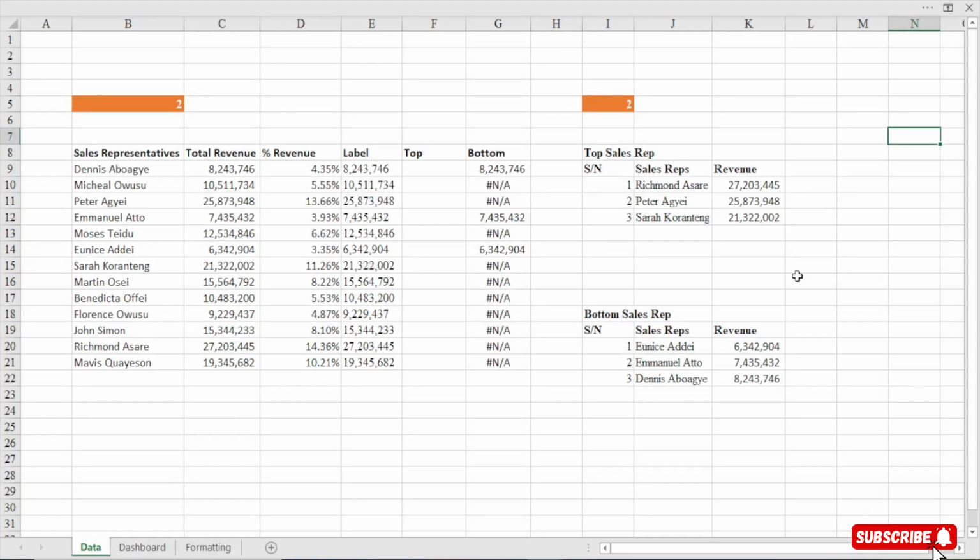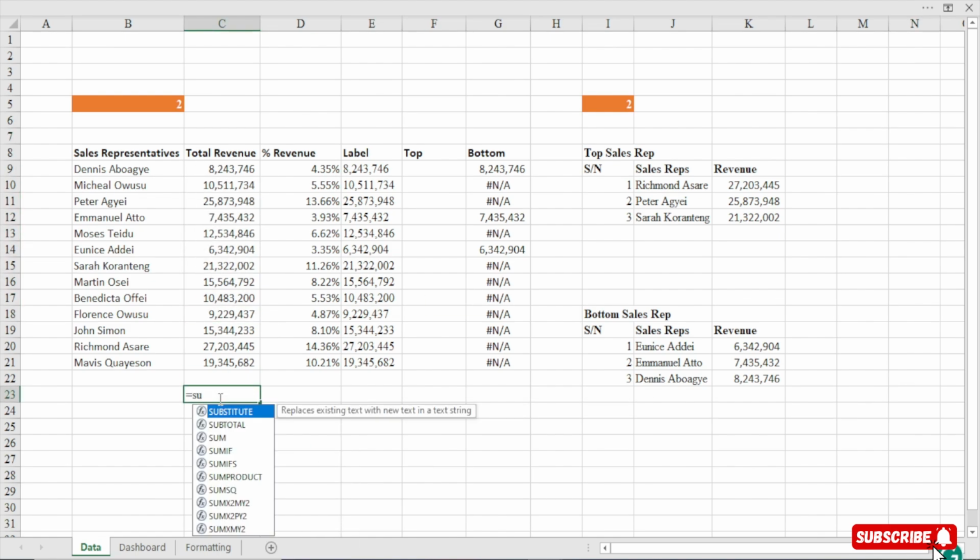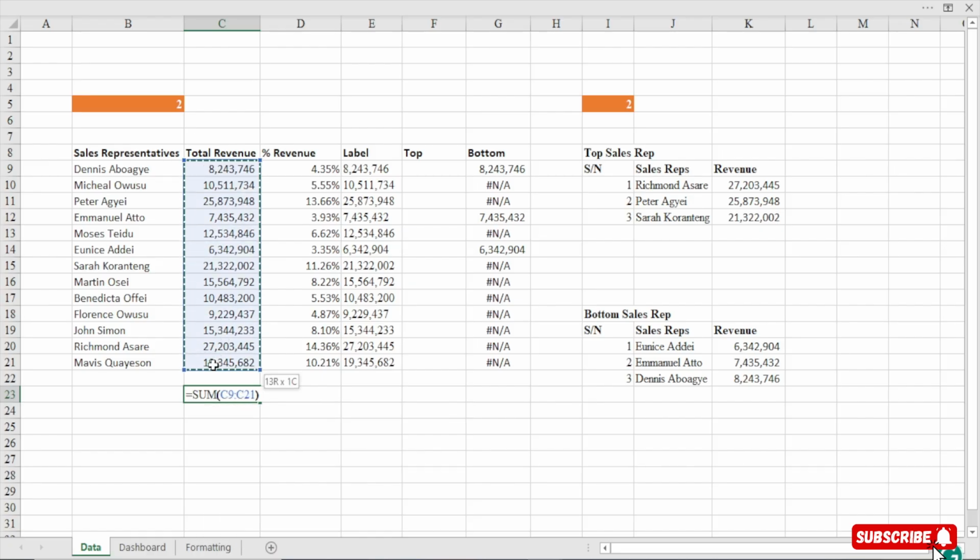Now when you come to the dashboard, okay, we can sum this revenue, right? So equal to sum, and we select all the numbers. Then this is the total revenue that we have, right? So we can see total revenue, right?